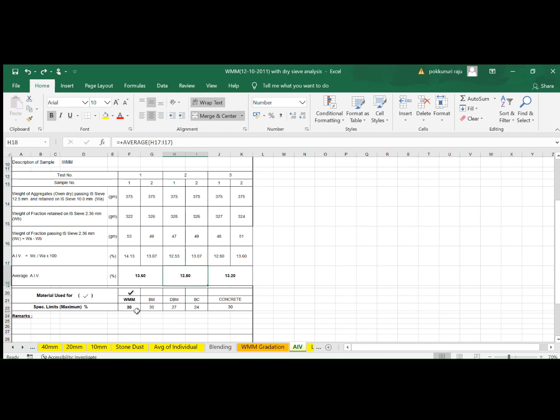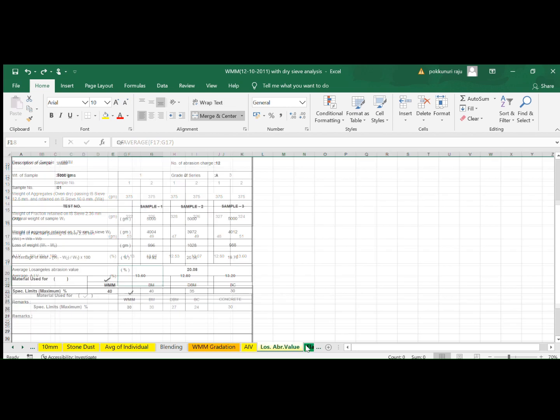Since the WM requirement is a maximum of 30% for aggregate impact value, and the value tested is 13.6, which is less than 30, the material is acceptable from the aggregate impact value point of view.